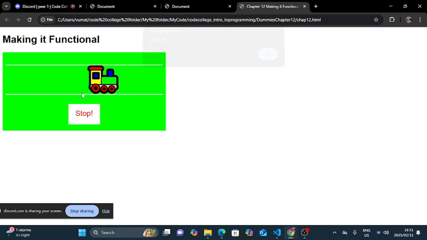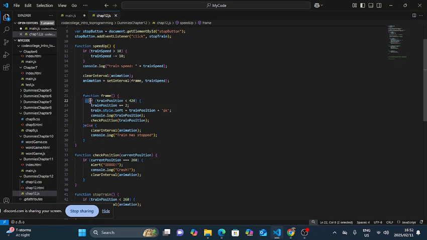It would continue and continue all the way off the green tracks. But in order for me to stop it here within the green tracks, I had to apply this if statement, right? And what this if statement has is this condition which states that the train position should be less than 420